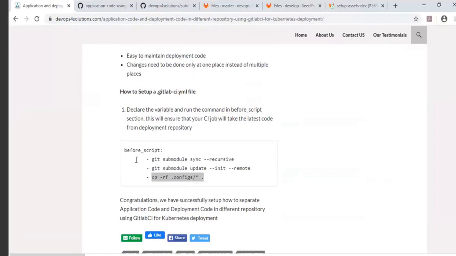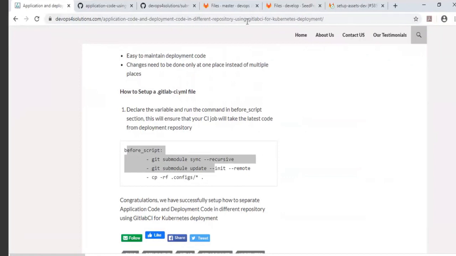There are no changes at all, and you can see your pipeline succeeded. So this is how you can store the application and the deployment code in different repositories using Git submodules.